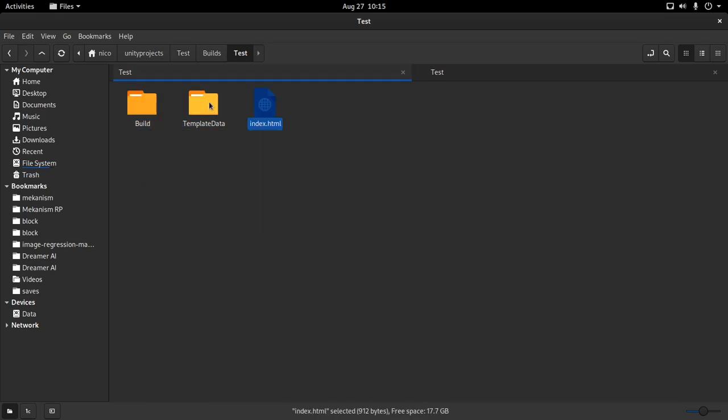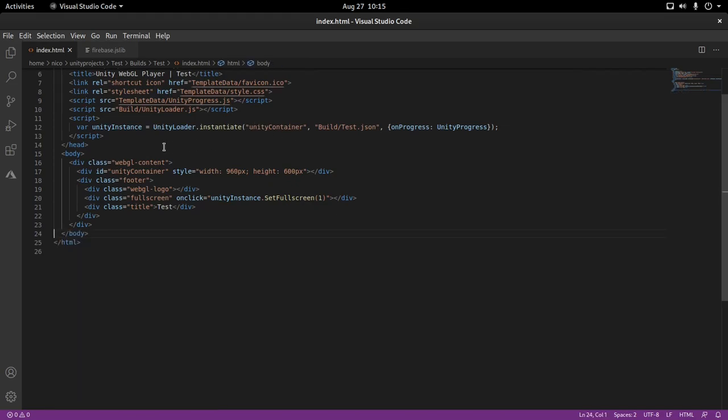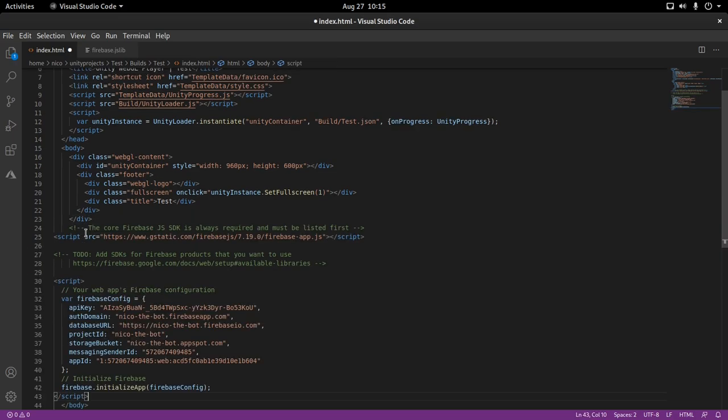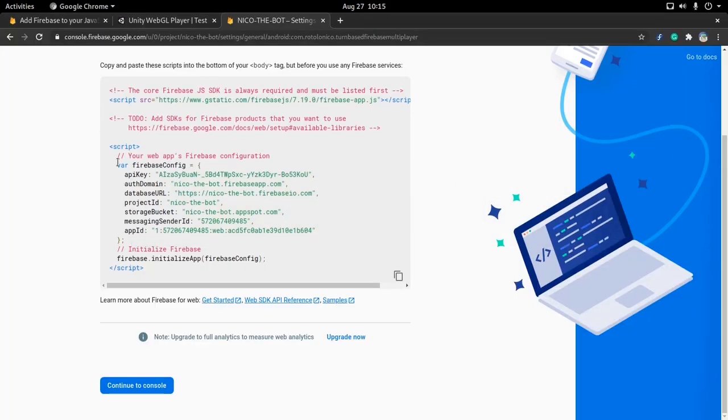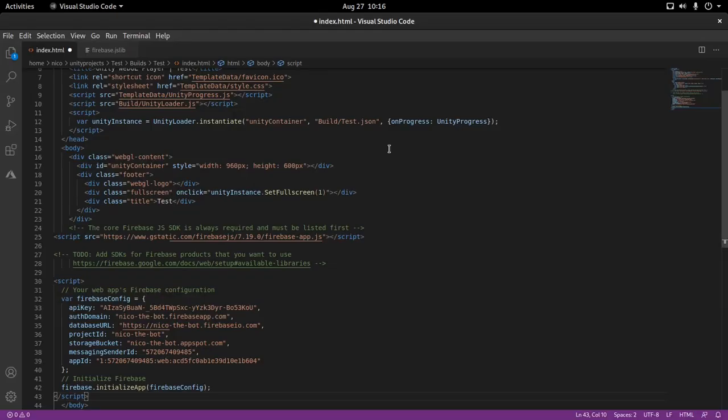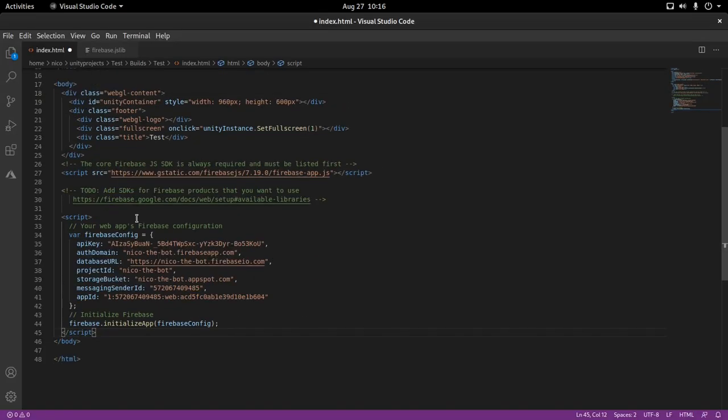Actually open the index.html file, and right here in the body, at the end of the body, like before the end of the body, you paste what you actually copied from this screen right here. And let's actually parse it. Okay, this is good. Now, as you can see right here, it says to do, add the SDKs for Firebase